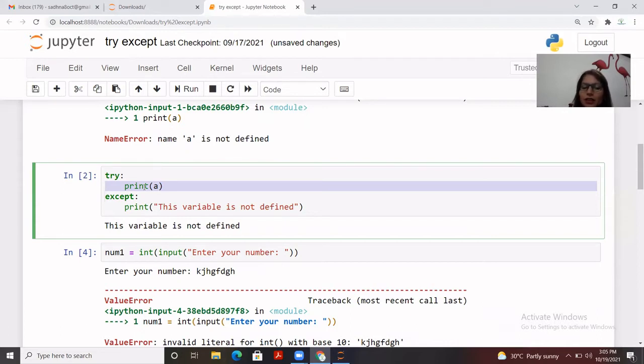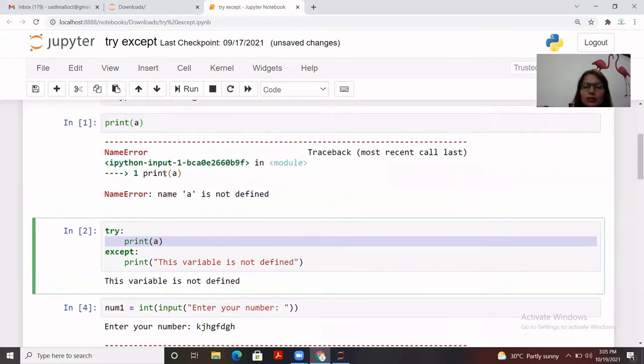Try is the one in which we put our code where we may have certain kinds of errors. It can be any error: name error, zero division error, value error. It can be any kind of error. And in the except block, I have put that in case that error occurred, I'm going to display that message. You can see the difference: previously it did not look that good, it was like a system error or application error, which doesn't look good to the end user. But if we display a message like this, it looks better than the previous approach.